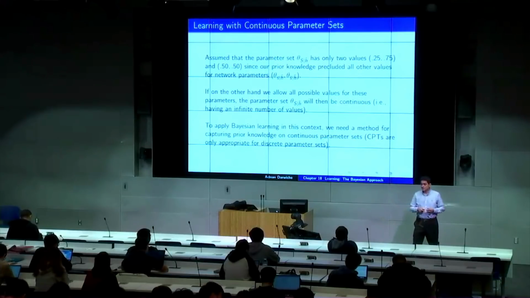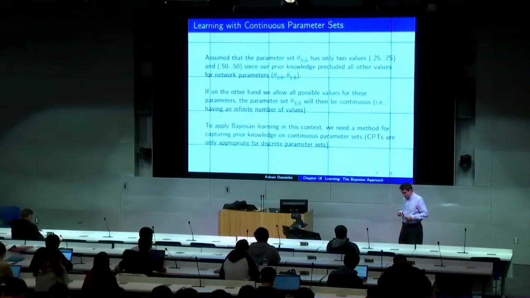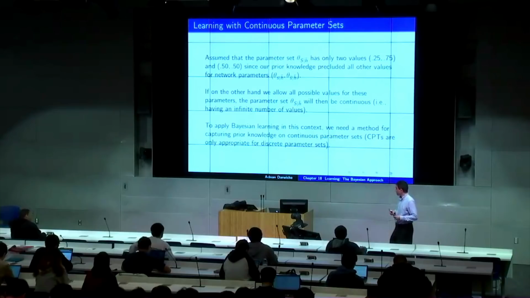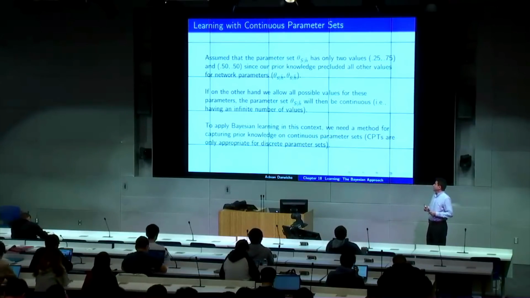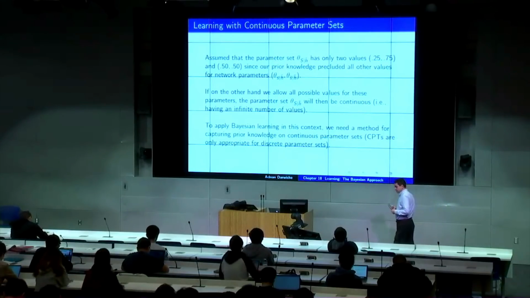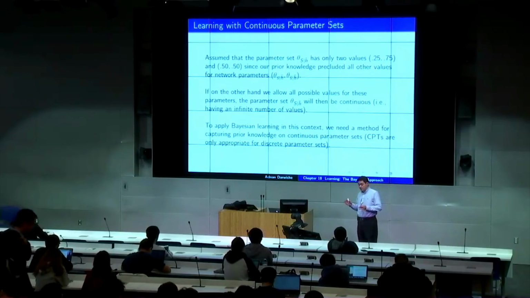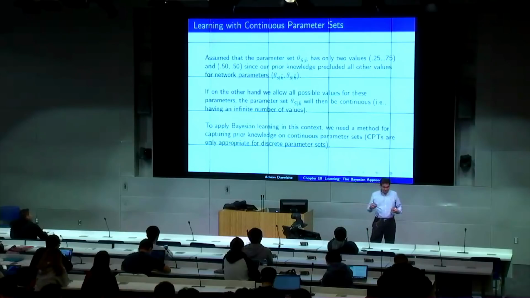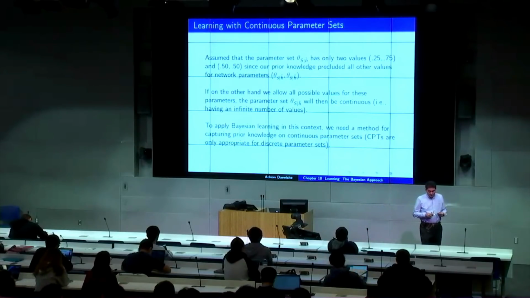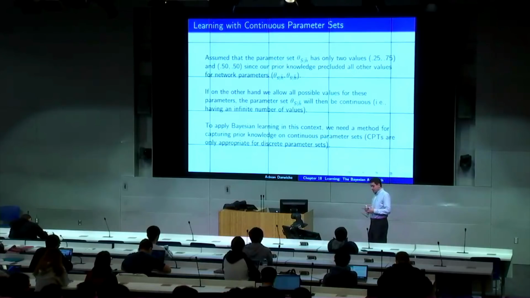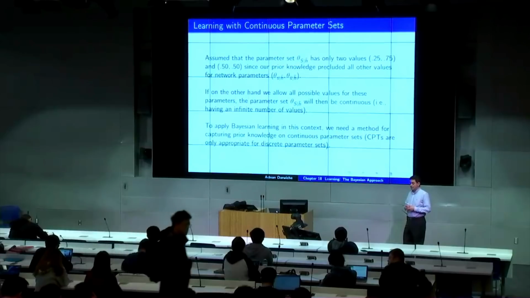What we'll do today is continue with our discussion of Chapter 18 on Bayesian learning. And what we did last time is focused on the situation when the parameter set was discrete. And we looked at the setup for Bayesian learning, the notion of a meta-network, and how we can view evidence